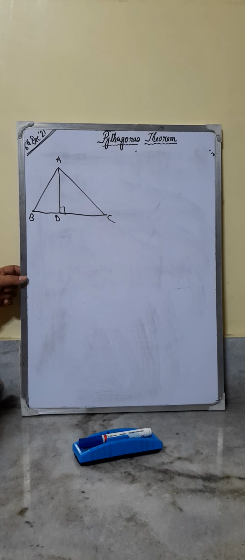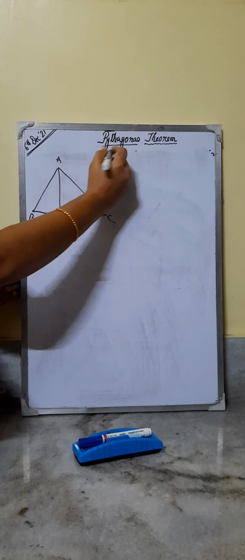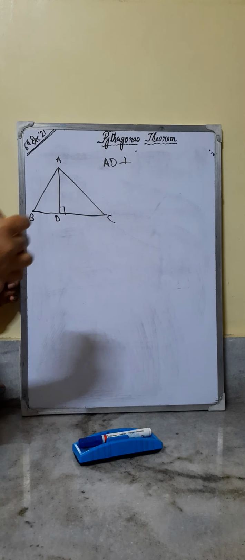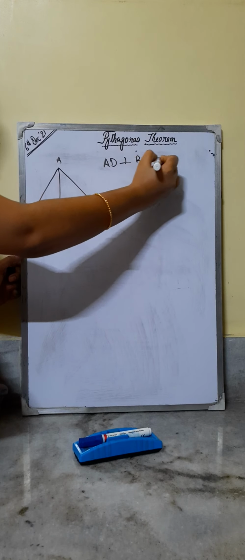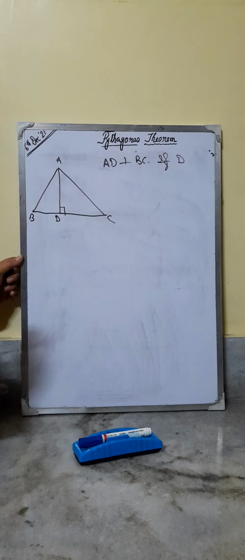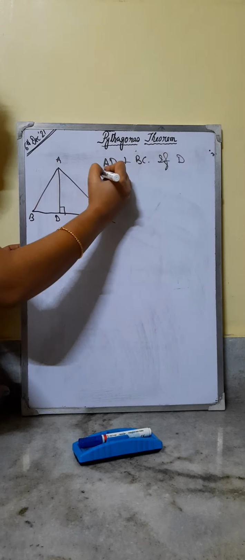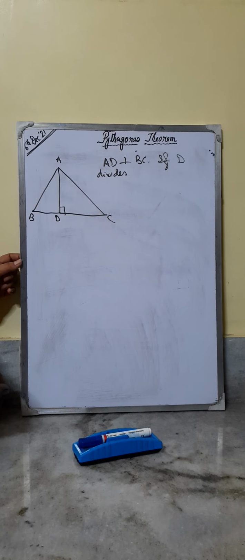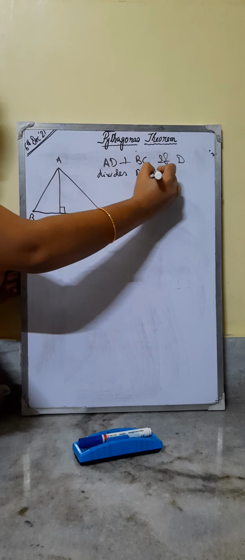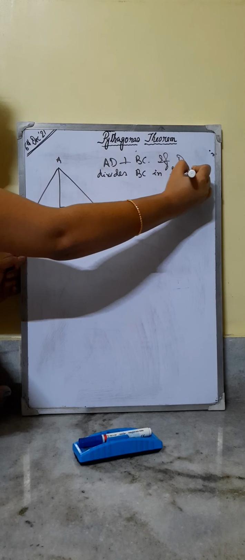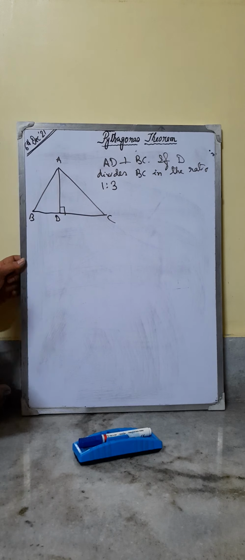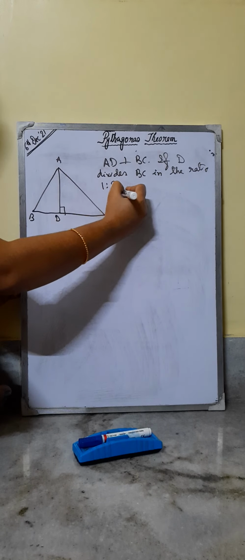In this figure, it is given that AD is perpendicular on BC. If D divides BC in the ratio 1:3, then prove that